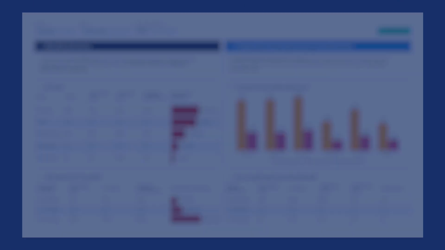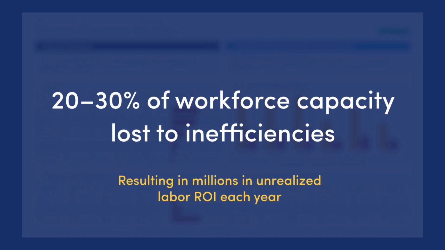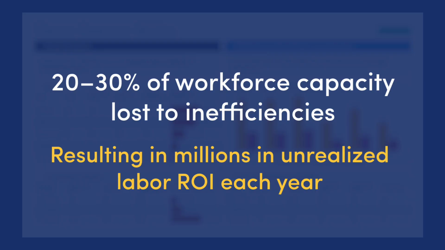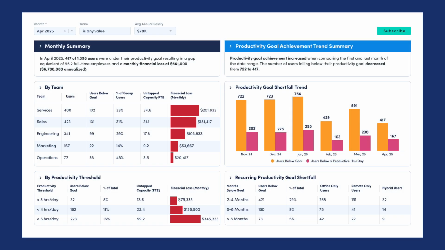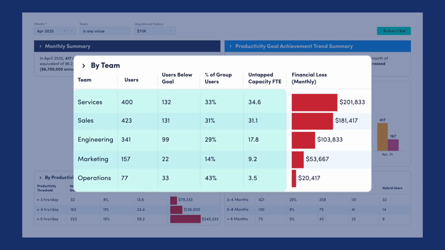Studies show that most organizations lose 20 to 30% of workforce capacity to hidden inefficiencies, translating into millions in unrealized labor ROI each year. Workforce utilization converts productivity gaps into concrete financial metrics by quantifying underutilized full-time equivalents and associated salary costs. This view shows you precisely how much capacity is available across teams and departments, translated directly into dollar